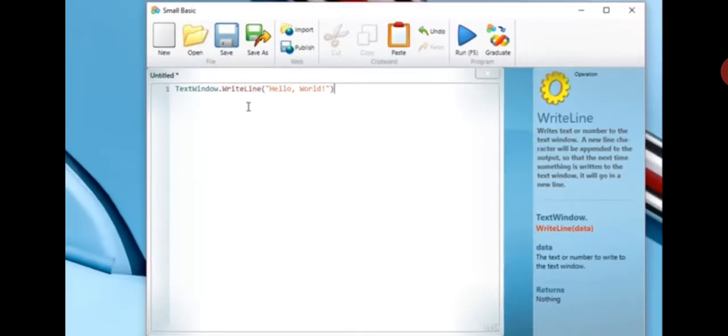After writing this, here is a programming command, a one line command it is. So after writing this, we will go for the run button. So if we click on the run button,